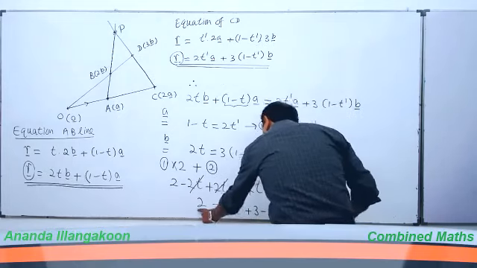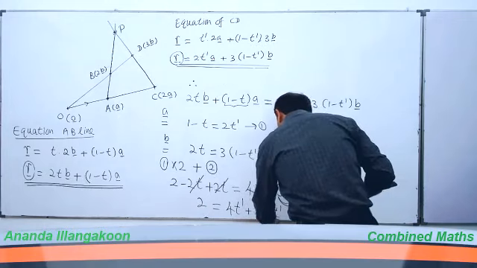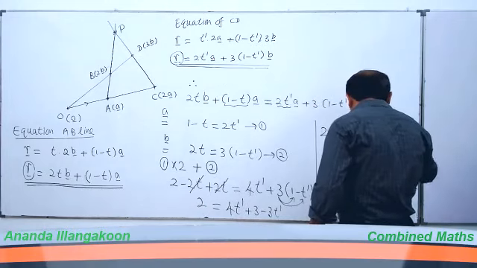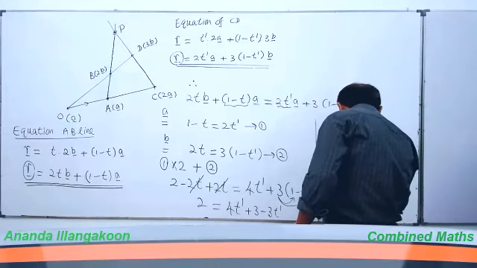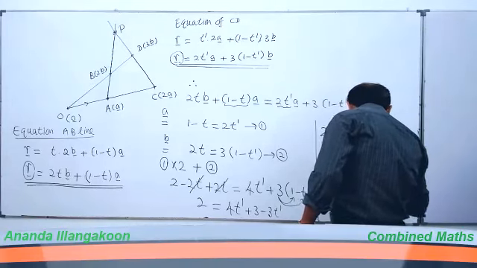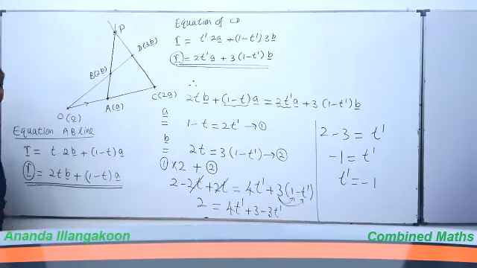Then we get, take this 3 to this side, it's minus 3. 4t dash minus 3t dash is t dash. 2 minus 3 is minus 1. It is t dash. T dash is equal to minus 1. T dash is minus 1. Then